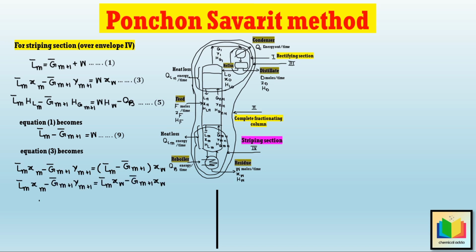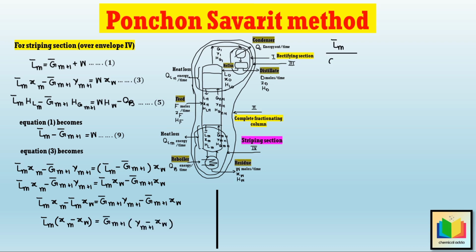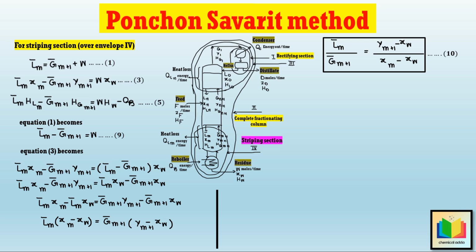So, after solving and rearranging the terms, we get L'm divided by G'm+1 is equal to (Ym+1 - XW) divided by (Xm - XW). Similarly, after putting the value of W from equation 9 in equation 8, we get